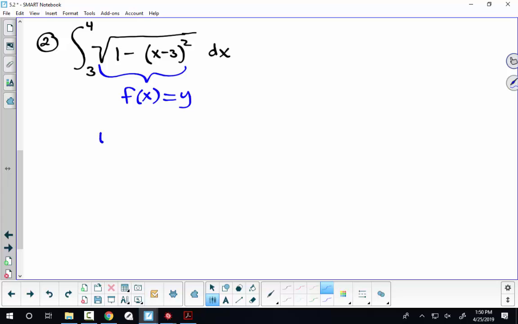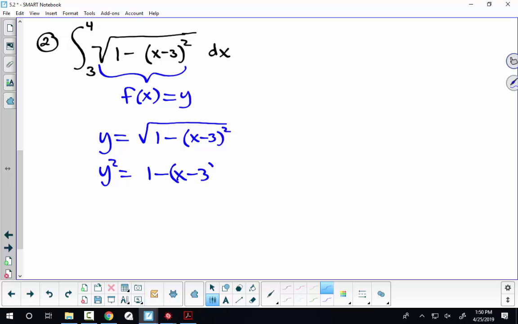So the way we see that, y is the square root of 1 minus x minus 3 squared. We square both sides. Put y and x together, so I'm going to write it this way, on the same side. So we have x minus 3 squared plus y squared equals 1. Hopefully we recognize that as the equation of a circle